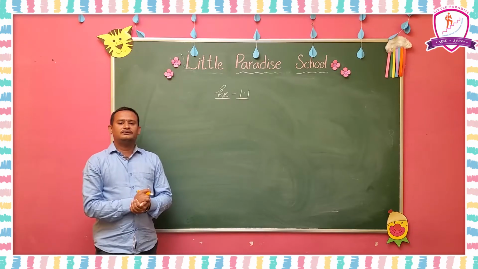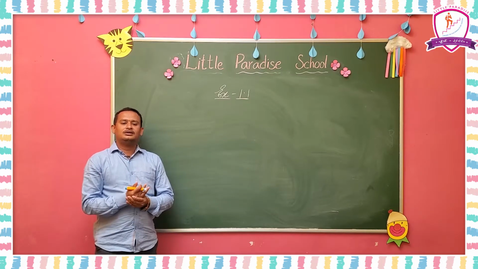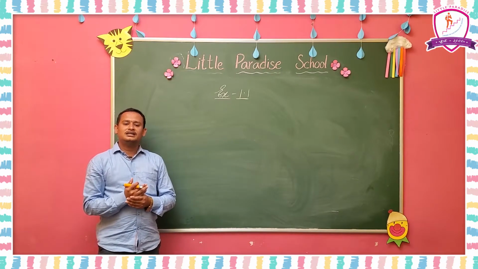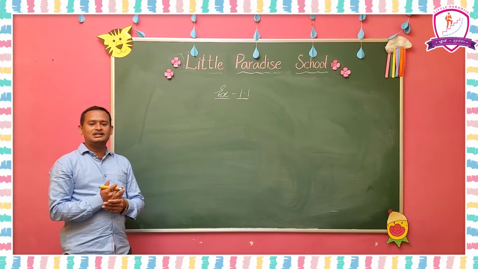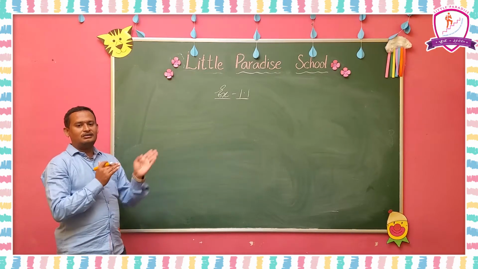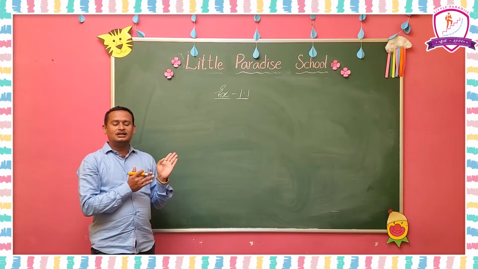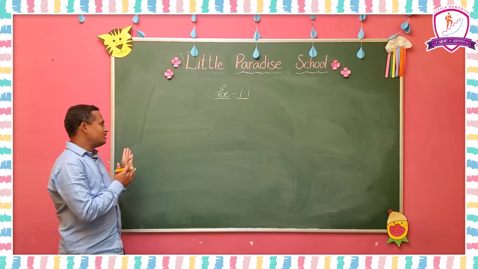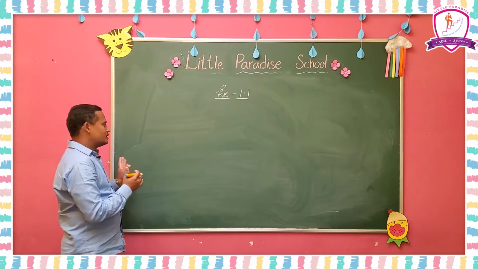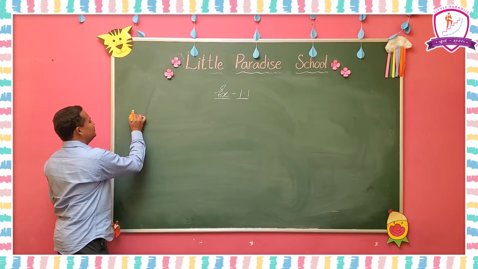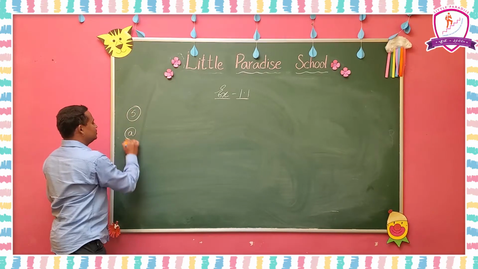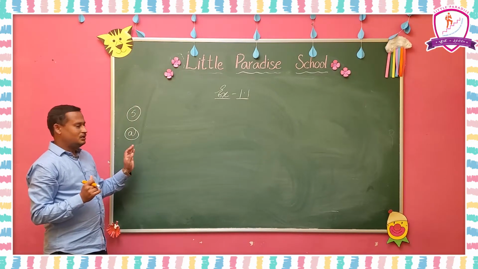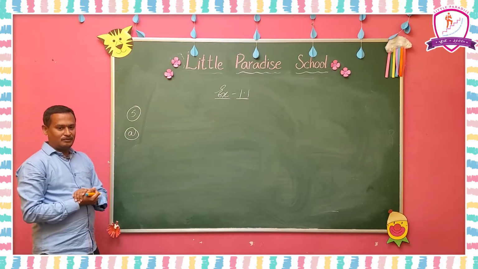So in the fifth question, read the question: arrange the following numbers in ascending order. Ascending means small to big. You have to take one group of numbers and arrange them from small to big. Small to big means you have to pick up the small one first. Already explained with an example. So here I am going to explain the sum in the fifth Roman.